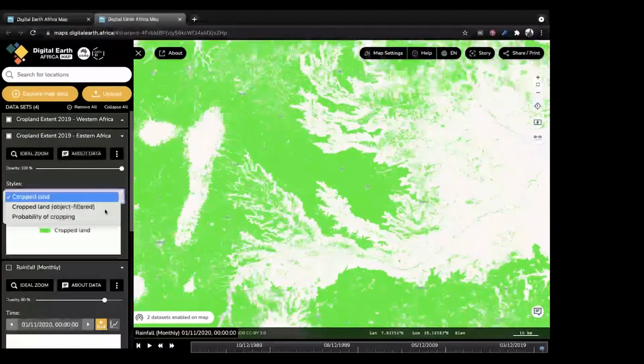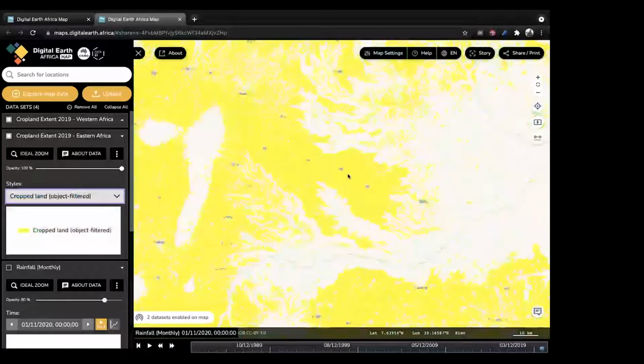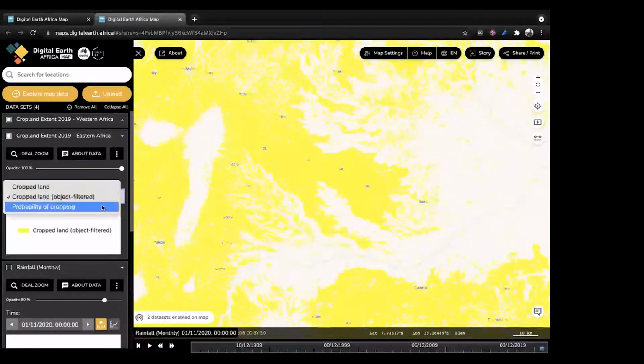As you can see, the first one is based on pixels, so you see a little bit of holes in it. But if you use the object, it classifies it as an object. So a lot of areas will be covered, where you can see beneath it as a crop. Then using the probability of cropping,